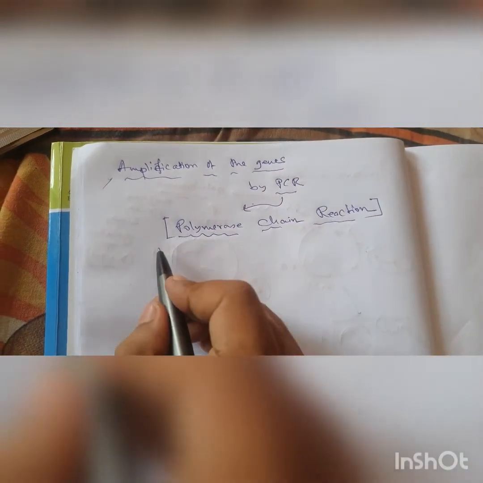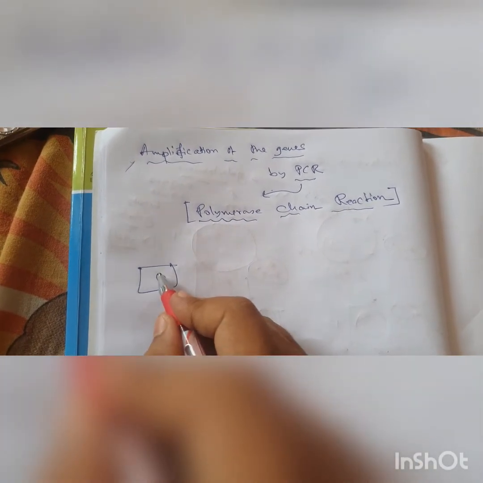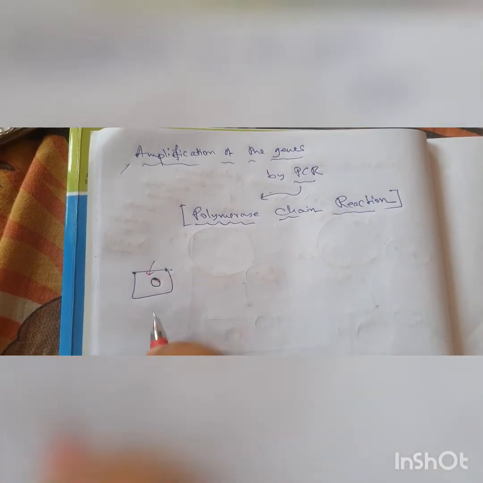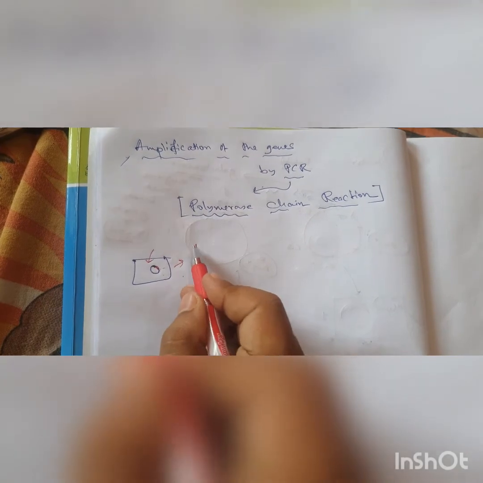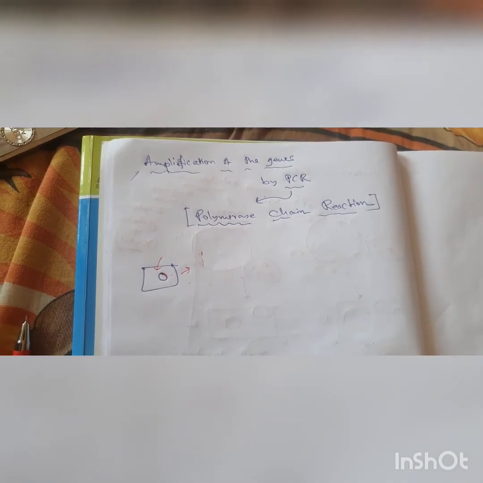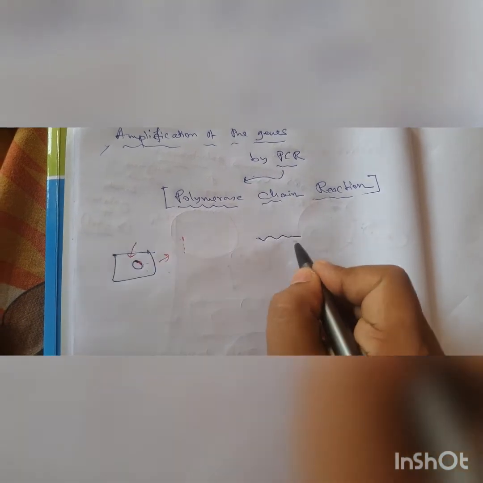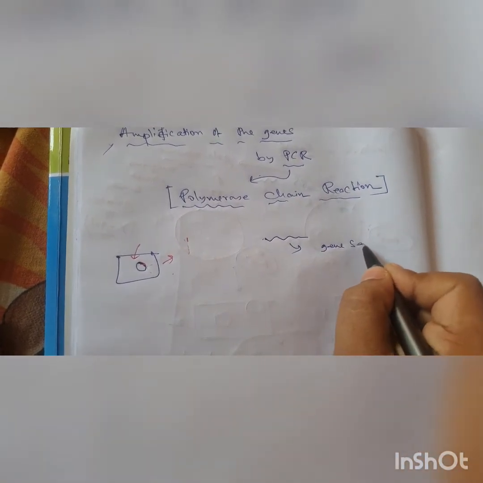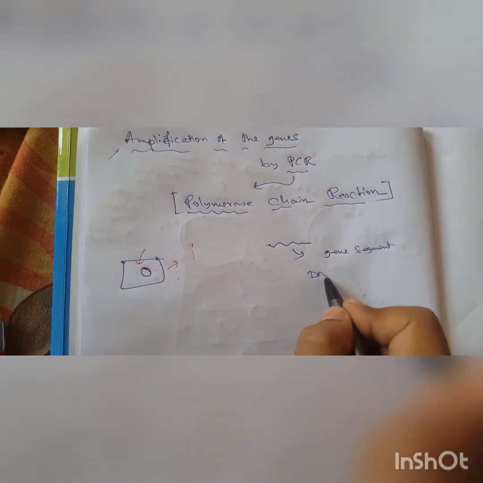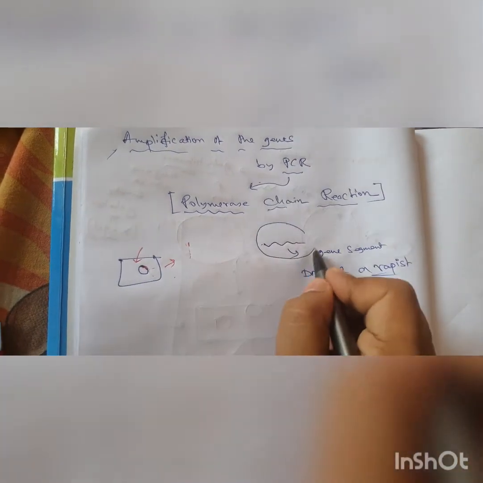Now this polymerase chain reaction, look, you know that if you put a recombinant DNA inside the cell, this target gene can multiply, right or wrong? Because when the cell will divide, this plasmid will also divide and increase in number. However, suppose for example you have found a gene segment, this is a target gene segment, or this is the DNA of a rapist, suppose. This is the DNA of a criminal, you don't want to lose it.